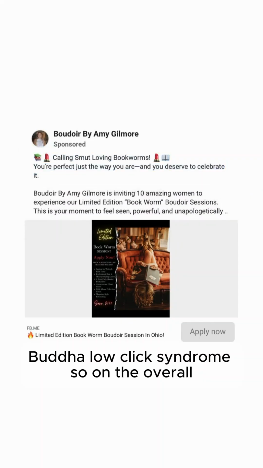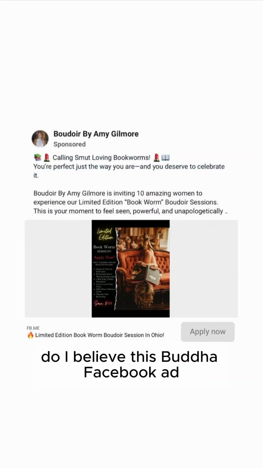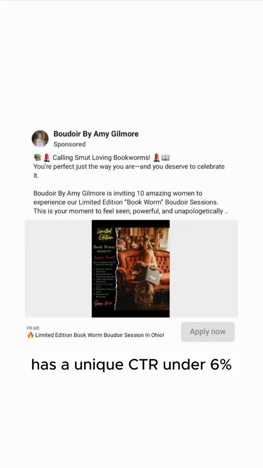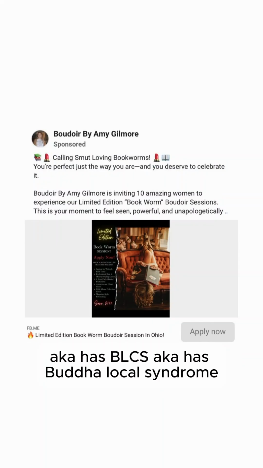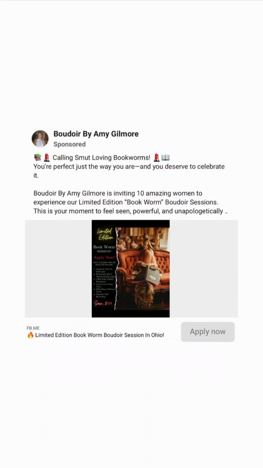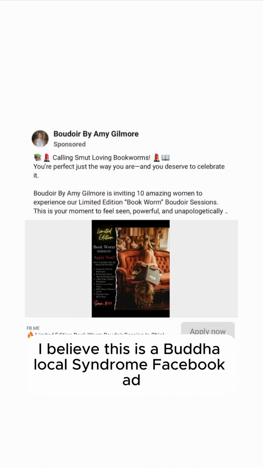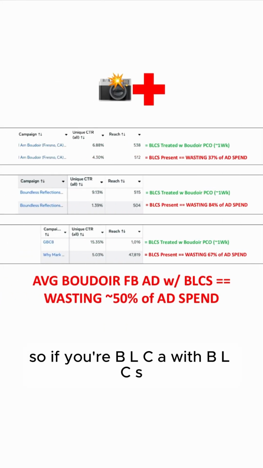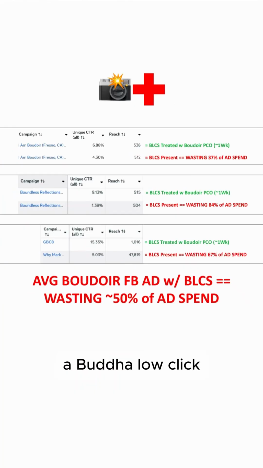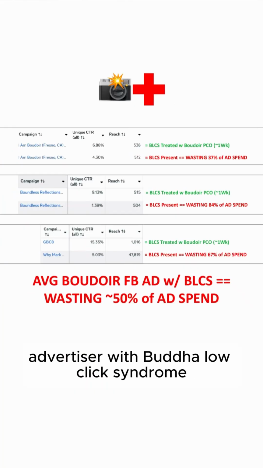So on the overall, do I believe this Boudoir Facebook ad has a unique CTR all under 6%, aka has BLCS, aka has Boudoir low click syndrome? Yes, I believe this is a Boudoir low click syndrome Facebook ad. So if you're a BLCA, with BLCS, a Boudoir low-click advertiser with Boudoir low-click syndrome,